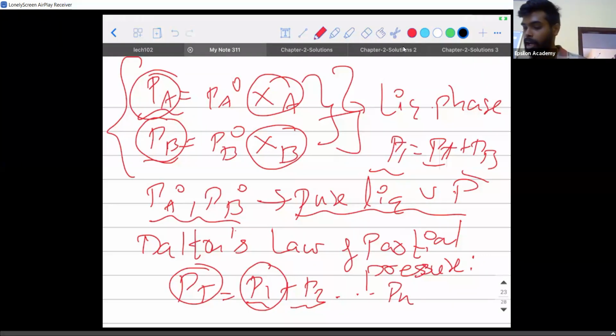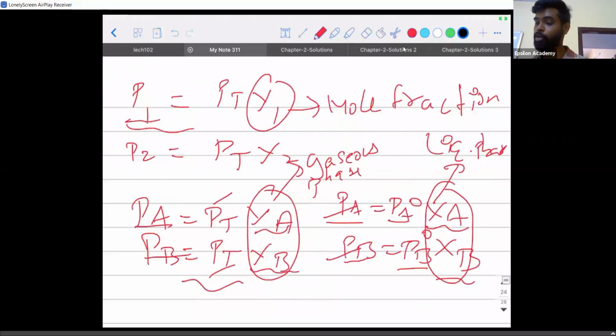Right. Now, Dalton's law of partial pressures, if I go to the mathematics of it, it will be a little different, right? So this is exactly what we saw. P1, that is the partial pressure of one of the components, say the first component, will be equal to the total pressure into the mole fraction. Now, this mole fraction and the mole fraction we saw in Raoult's law are different. How are they different?